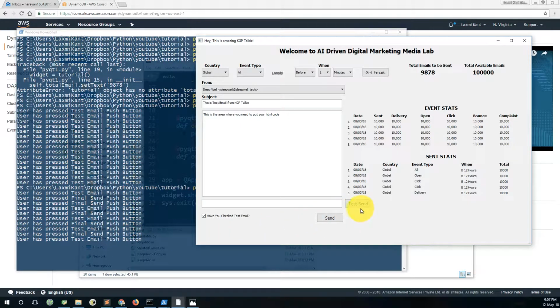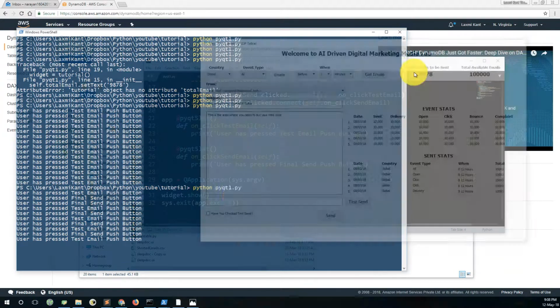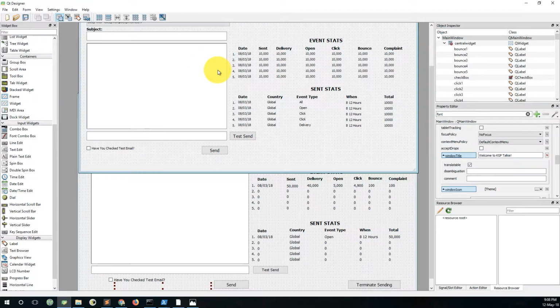Now I am going to add an action that will only be performed when the user has checked this checkbox. If the user has not checked this box, it will ask them to please first check the checkbox, or first test your email, right? So we need to do that first, and for that we need to add a label here. In our UI design we can add a label here,